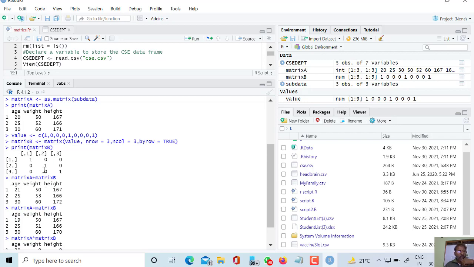Here 52 becomes 53 and 171 becomes 172, and therefore matrix A plus matrix B is okay. What about matrix A minus B? It becomes 19, it becomes 51 from 52, and it becomes 170 from 171. That means this is also okay.